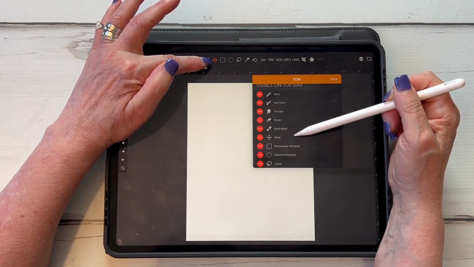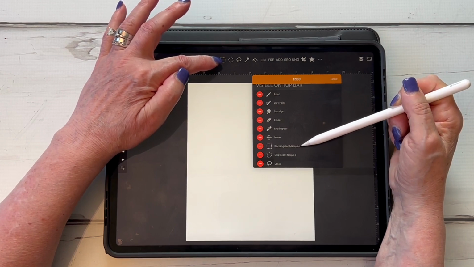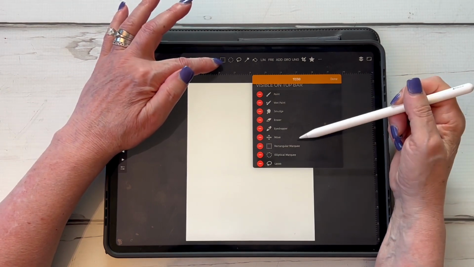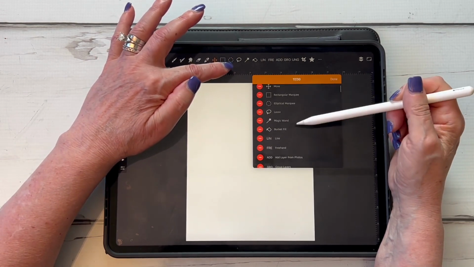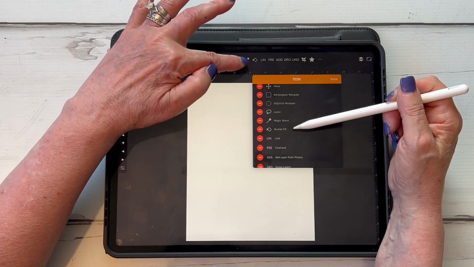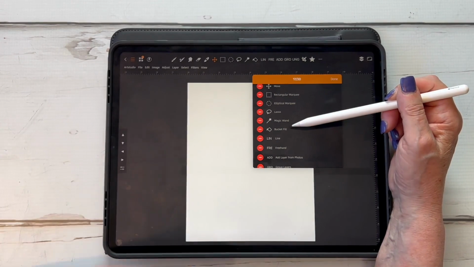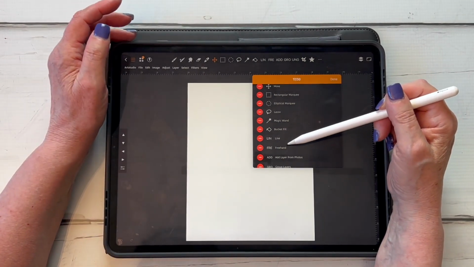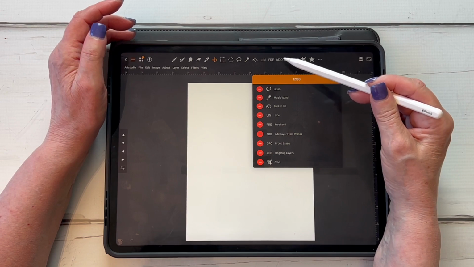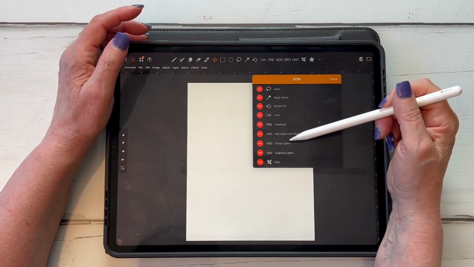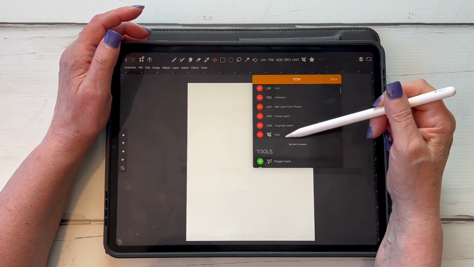I have the move tool, a rectangular marquee, which means you're going to select in a square, elliptical, lasso, magic wand, the bucket fill, which will fill your entire area that you've selected with a color. And then these line and freehand, and I have add photos, so I can quickly add a photo to this. Grouping and ungrouping of the layers, and cropping. And these are all the things that I